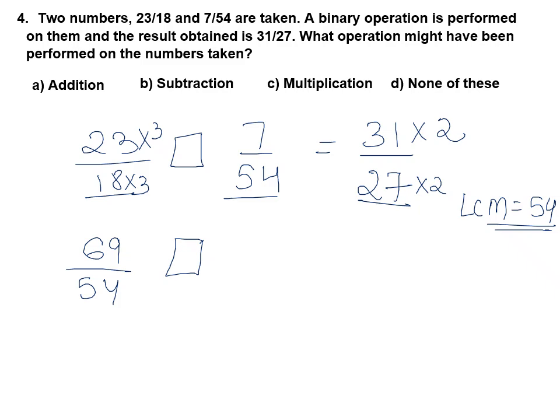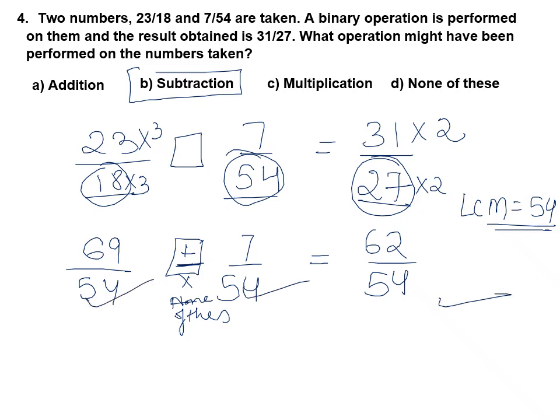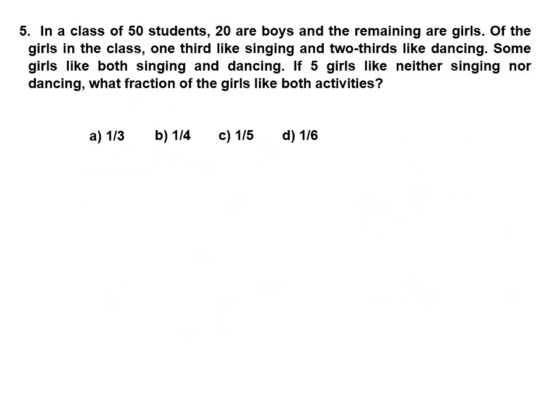69/54 में से 7/54 क्या करें ऑपरेट कि हमारा आंसर 62/54 आ जाए, क्योंकि तीनों डिनोमिनेटर अनलाइक थे, तीनों को सेम करा। अब देखना है क्या ये प्लस करके आएगा, क्या ये माइनस करके आएगा, क्या ये मल्टीप्लाई करके आएगा, या क्या ये नन ऑफ दिस। डिवाइड का तो चांस ही नहीं है। किस में आ रहा है 69 माइनस 7, दैट मीन्स विच ऑपरेशन वी हैव परफॉर्म्ड, वी हैव परफॉर्म्ड द सब्ट्रैक्शन। क्योंकि तीनों डिनोमिनेटर्स डिफरेंट थे, 18, 54 एंड 27, उन तीनों को सेम किया एंड देन वी चेक कि एडिशन हो रही है कि सब्ट्रैक्शन हो रही है कि मल्टीप्लिकेशन हो रही है। आई होप दिस इज क्लियर।